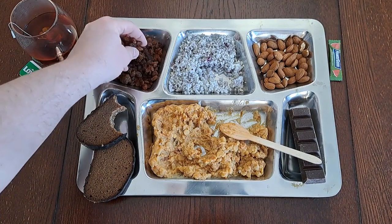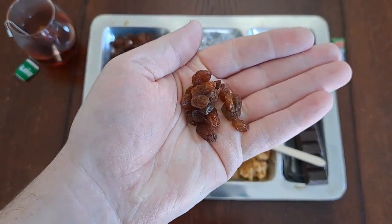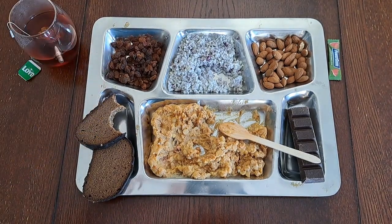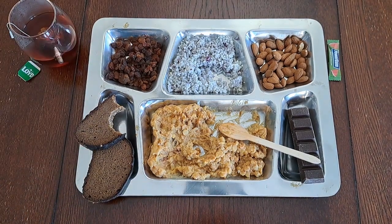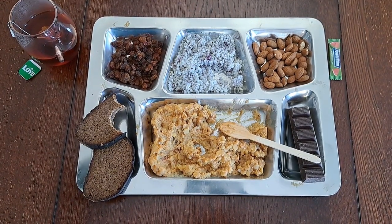Now, I normally wouldn't call myself a fan of raisins, but let's give these golden ones a try. Those are nice. Really nice and sweet. Still have a little bit of moisture left to them. They're nice and fresh. Obviously, this is a very fresh ration. Let's see if I can find a... See, I think it says best before